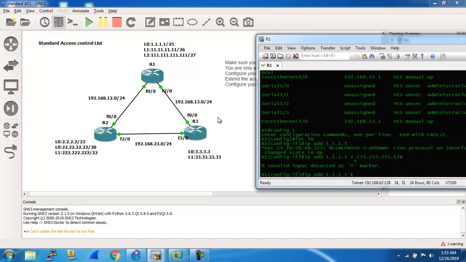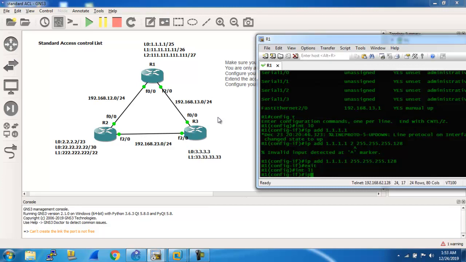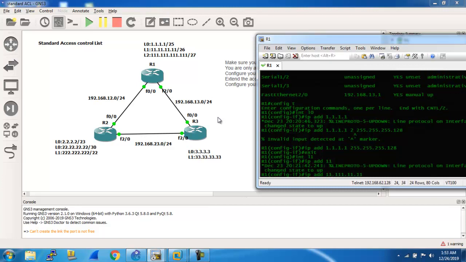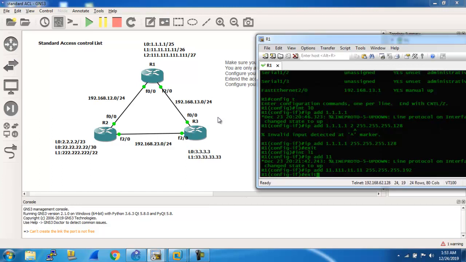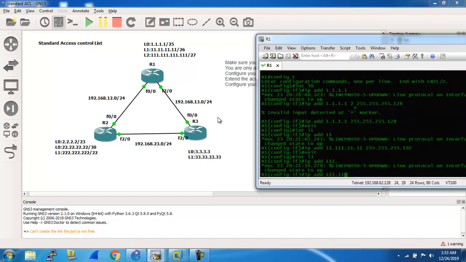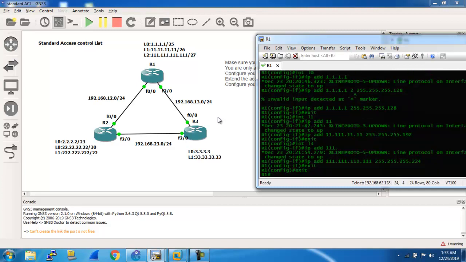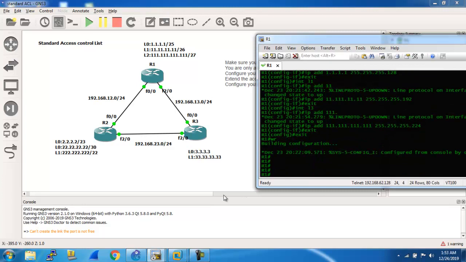Interface loopback, IP address, mask 255.255.255.128, which is /25. Next interface, IP address, mask 255.255.255.192. Interface loopback 3, IP address, /27 means three octets 255 and the last octet 224. Sorry. Let's go to R2